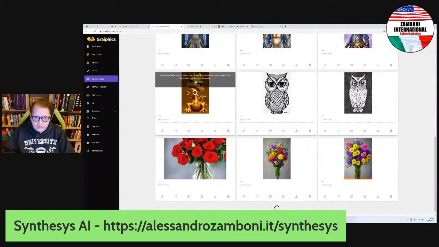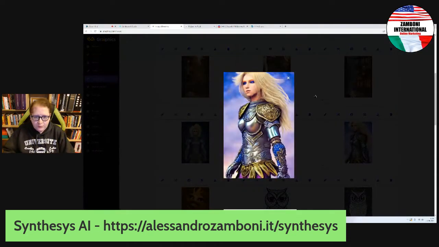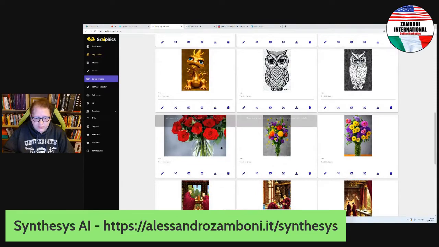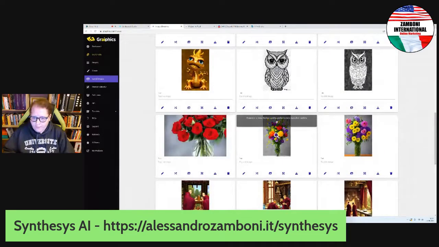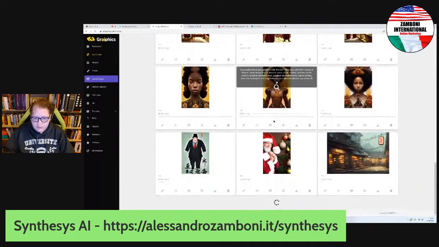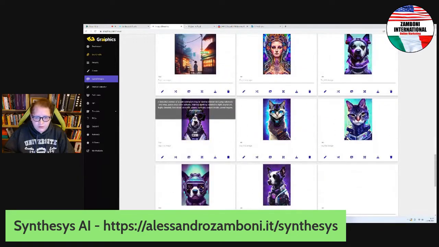And some other images including warriors and much more. So in general, this runs pretty well. Here is the example of roses I generally do, flowers, and much more. Space Dog came out in a good way.